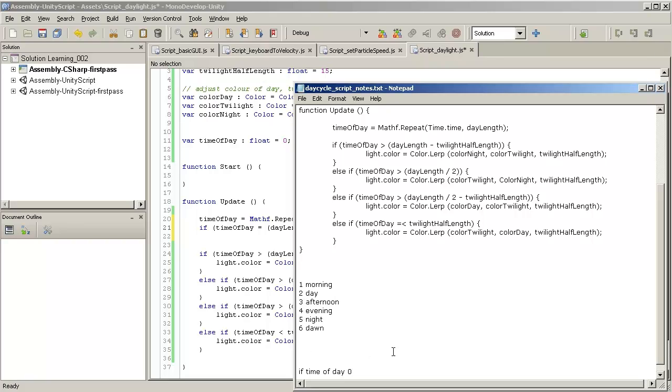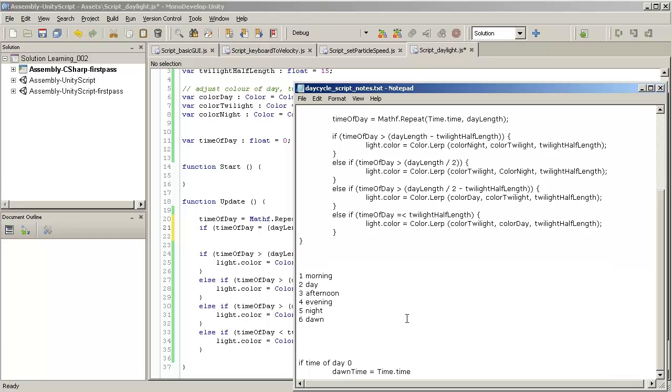And what do we call this? If time of day is... so this is dawn. We're transitioning from night. So then